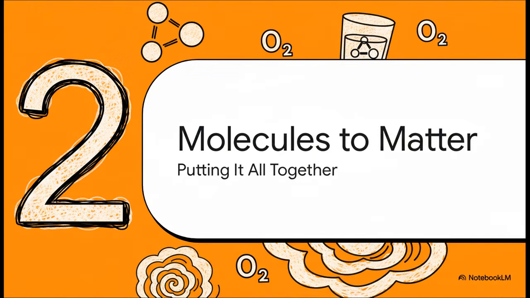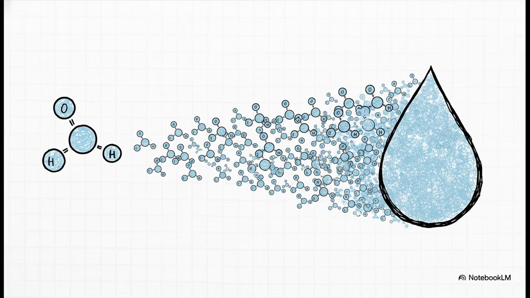Okay, so we've built one single solitary water molecule. Big deal, right? It's still completely invisible. So how do we get from this one tiny thing to the glass of water we can actually hold? Well, now we have to scale things up, way up. And this is where things get truly mind-boggling. In just a single drop of water, there are more of these H2O molecules than there are grains of sand on every beach on the entire planet. We're talking trillions and trillions of them, all packed together. It's just an unbelievable number.